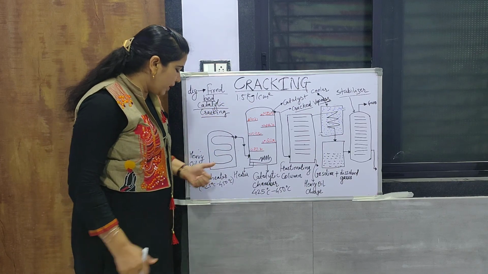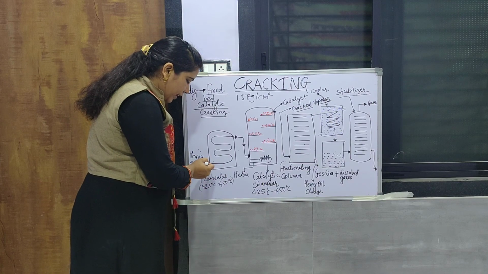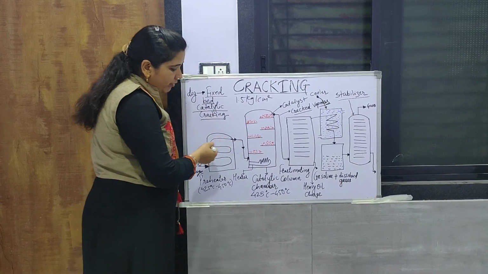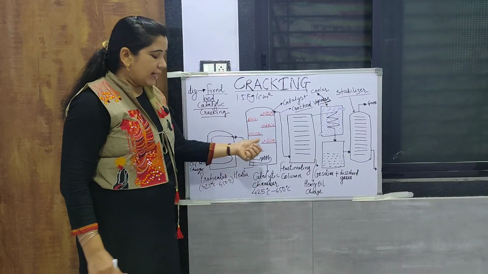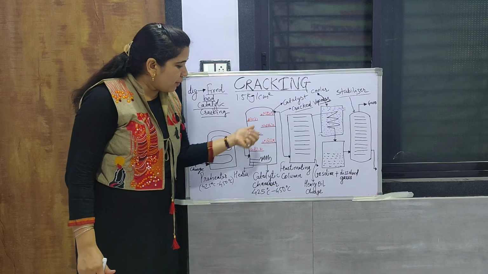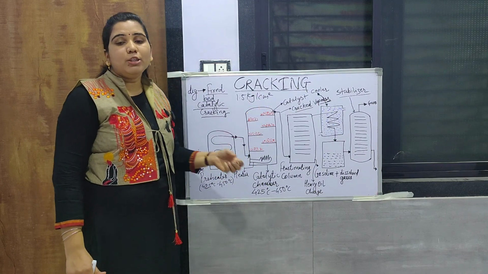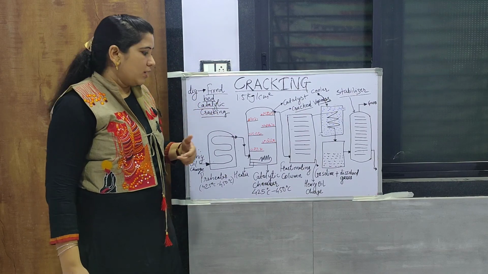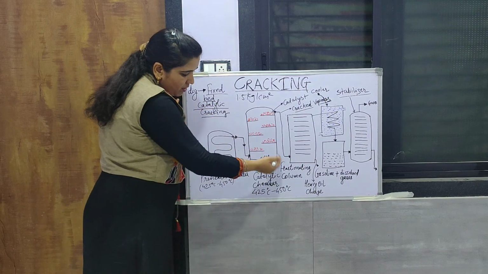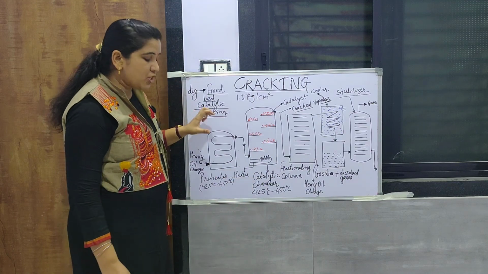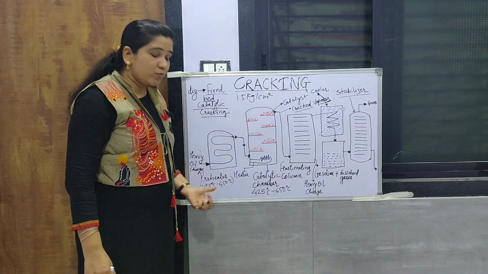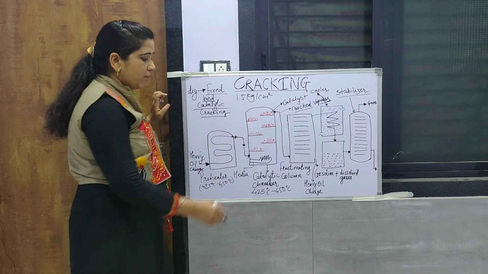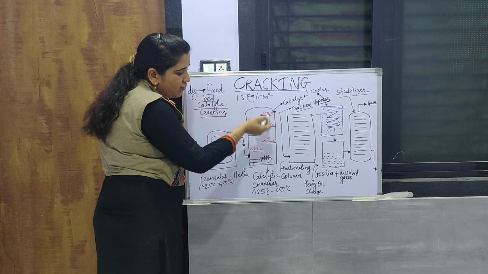First of all, through the preheater, the heavy oil charge is inserted. Then it moves towards the catalytic chamber. Here the catalysts are placed alternately so that all the heavy oil charge reacts with the catalyst. Due to the presence of the heating coil, the temperature is maintained at what it was in the preheater, that is 425 to 450 degrees Celsius. Now after that, the heavy oil charge is converted.